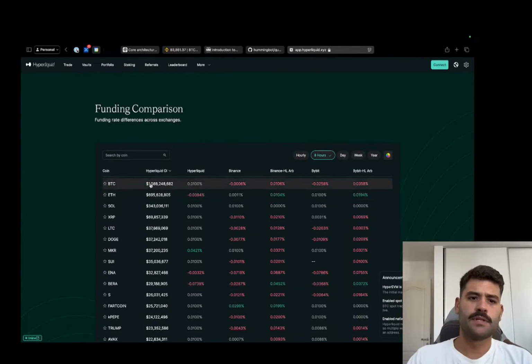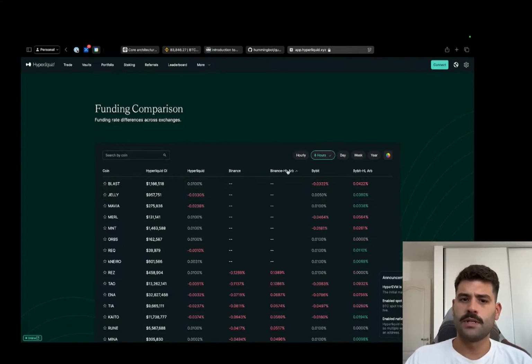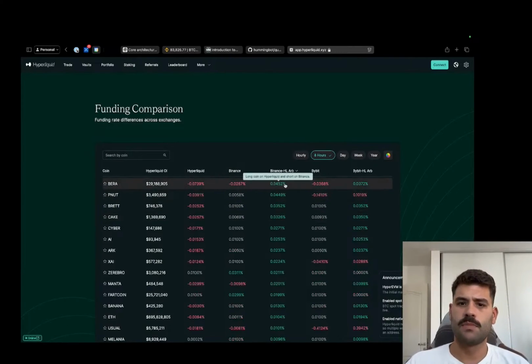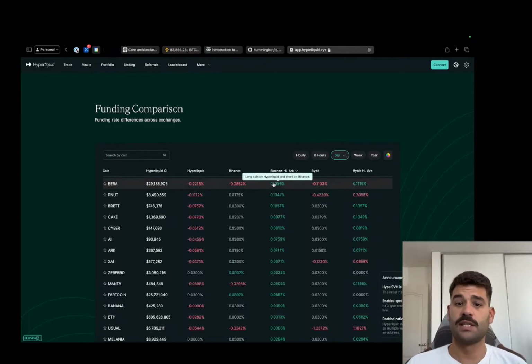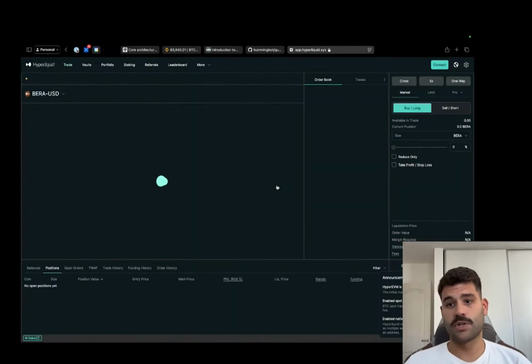Well, here you have this type of information. Let's say that we would like to see the best arbitrage opportunities in Bera chain. So you need to go long in Hyperliquid and short in Binance, and this will give you this percentage. This is every 8 hours. So see that on a daily basis it is like 0.13%. It's quite a lot. So in this case, it actually can be